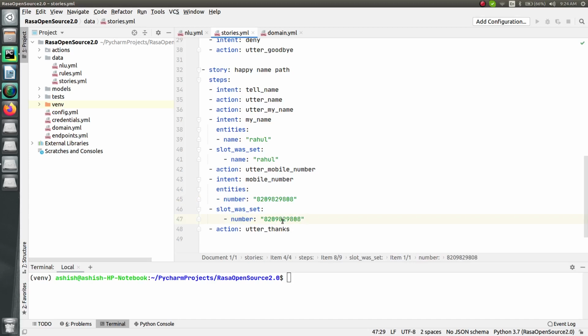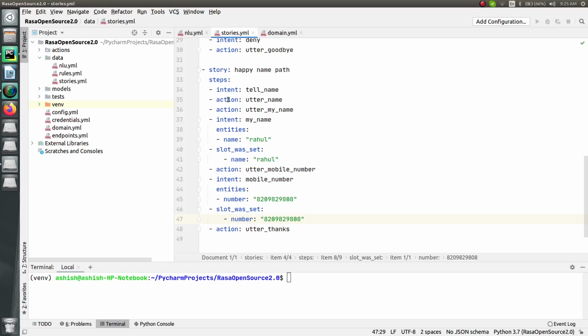So from this it is clear that what I have done, I have created a story. Into that story, what I'm doing is I am initializing first so that I can ask the bot what is your name. In the response your bot will also ask you what is your name, and you will provide the value, like my name is Ashish, and from there you are just collecting the value like Rahul, Ashish, or whatever is the name. You are just collecting that, and now as I said before, we have to store that value.